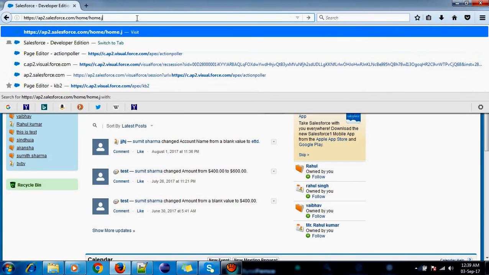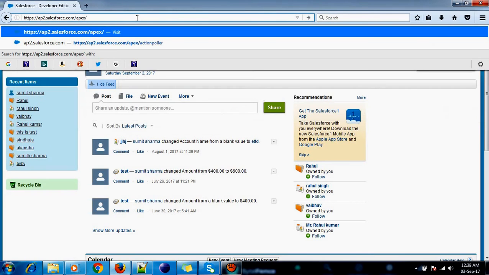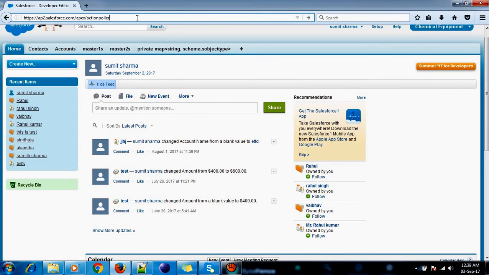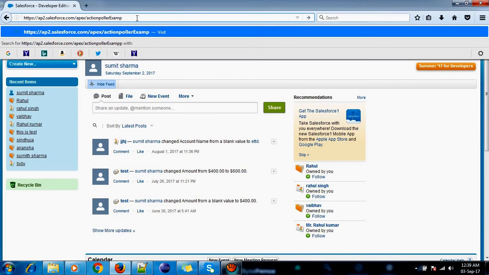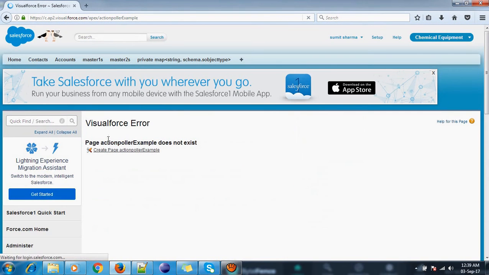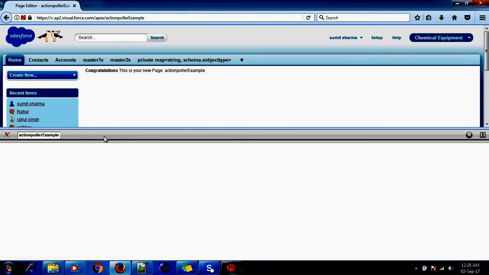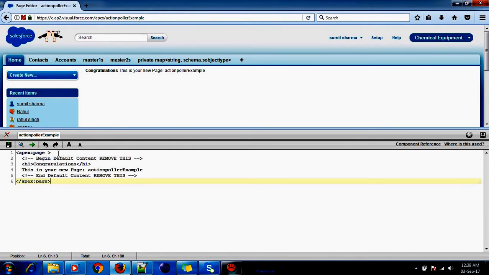Apex slash action poller example. Okay, so action poller.